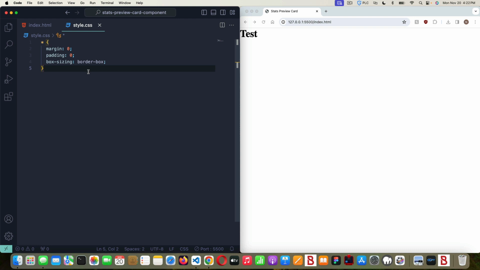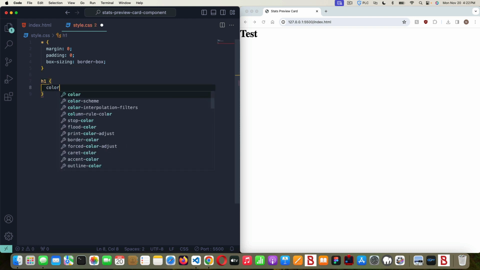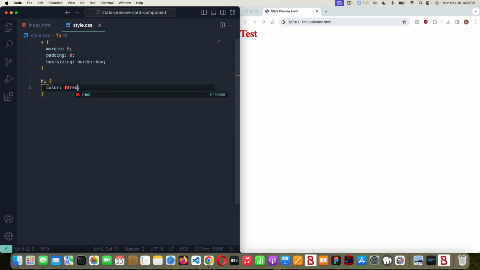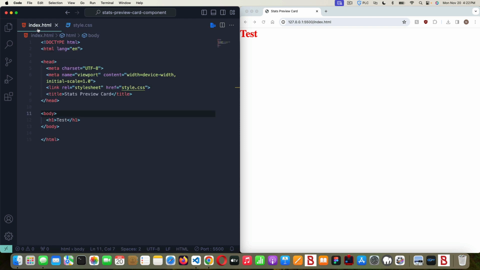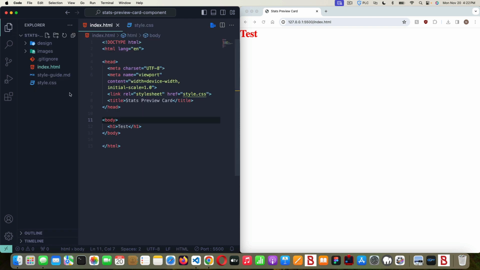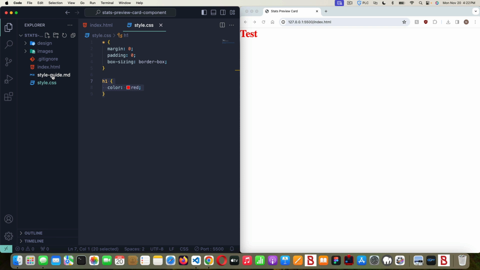So that means that our style sheet is linked correctly. We can further test that by making the H1 red. So let's say h1 color red. Okay, so good. We know our style sheet is there. I'm going to leave that there for now because we're going to go ahead and grab our fonts that we need. I'm going to go to the style guide